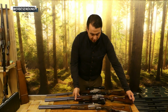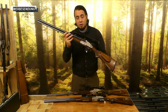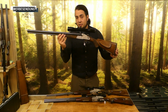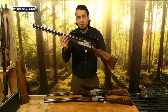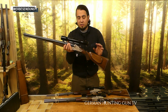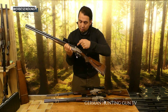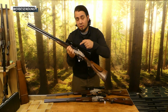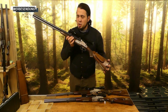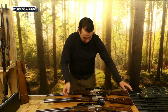And here, the third in my little collection, also Krieghoff, a little older, it's from 1955. It's 7x65R, 2 16 gauges, variable scope, 1.5 to 6. But it's a box lock system with only long engraved side plates. And we have 3 Krieghoff beautiful guns, no question, with over-under